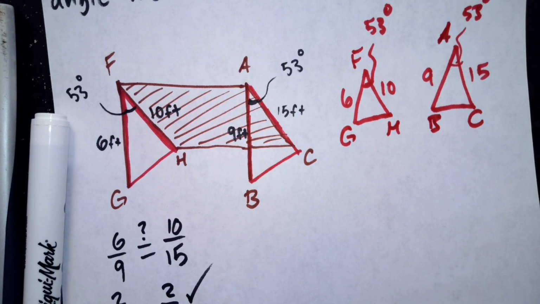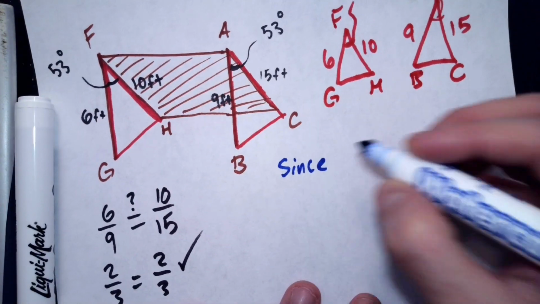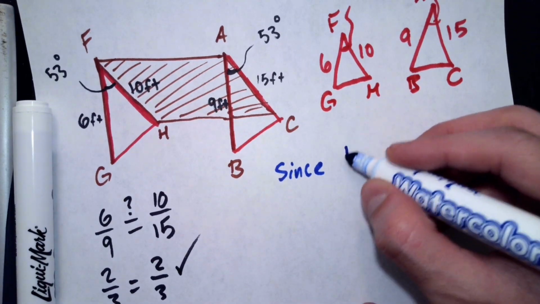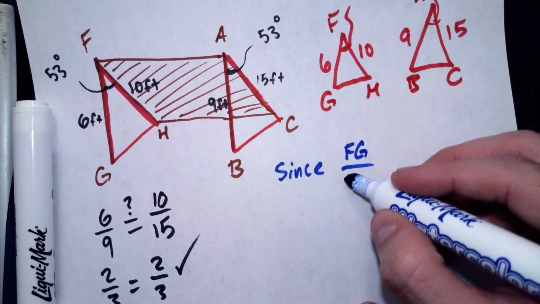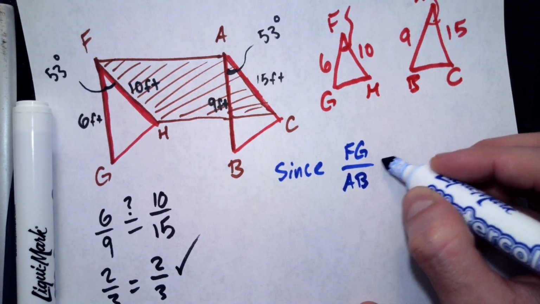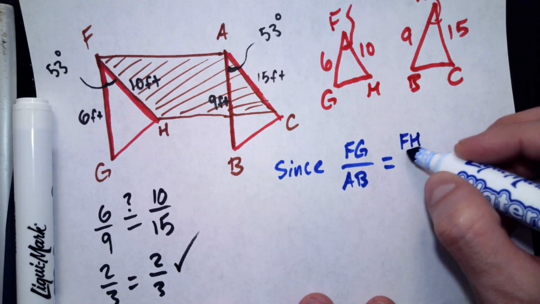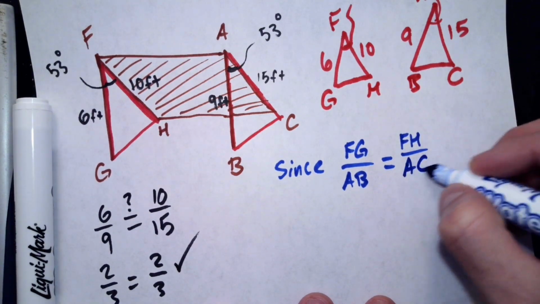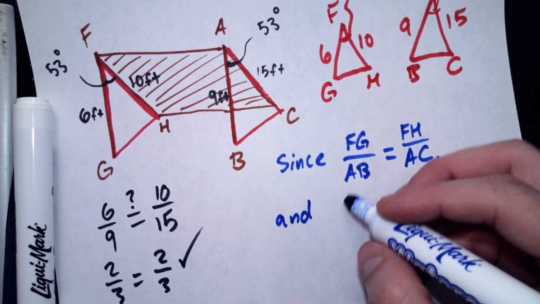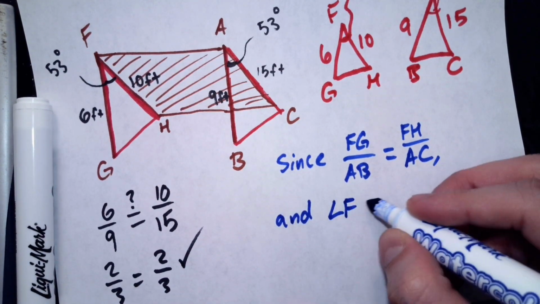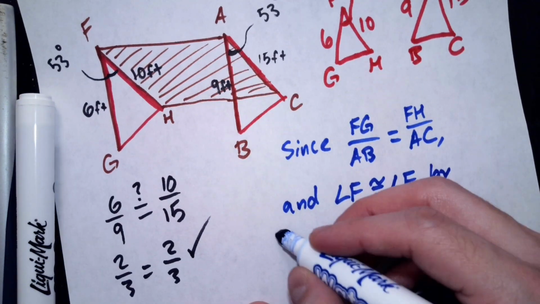We can say, since segment FG divided by segment AB is equal to segment FH divided by segment AC, and angle F is congruent to angle F by reflexive property,